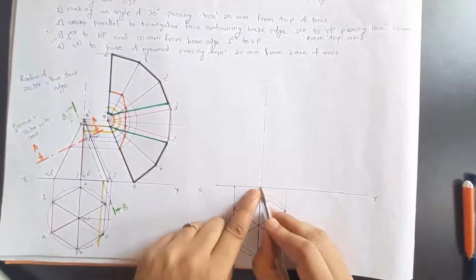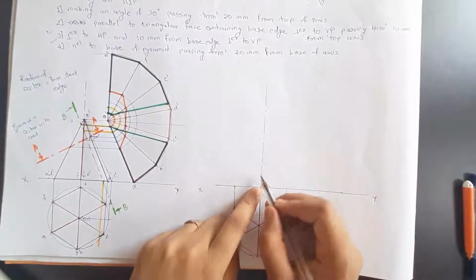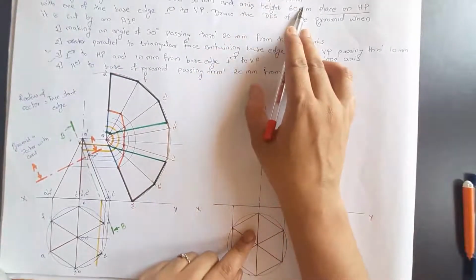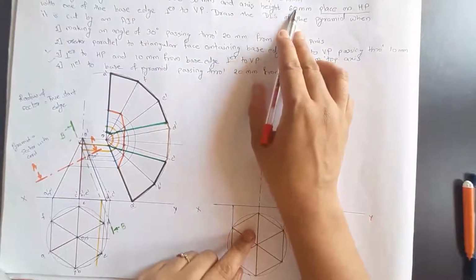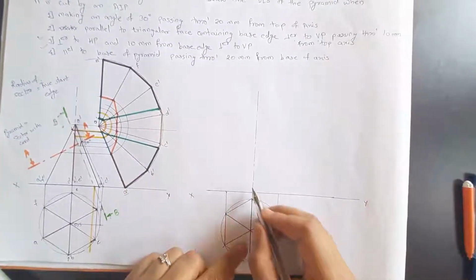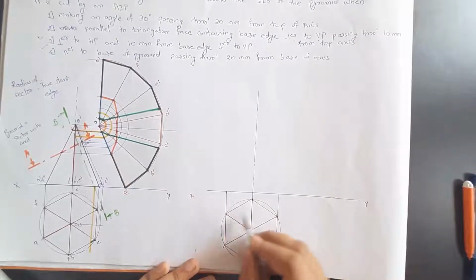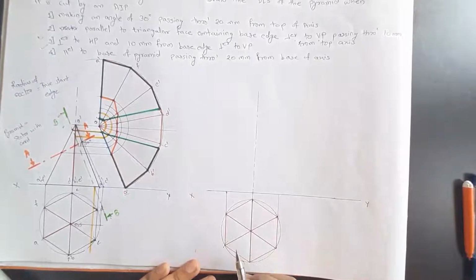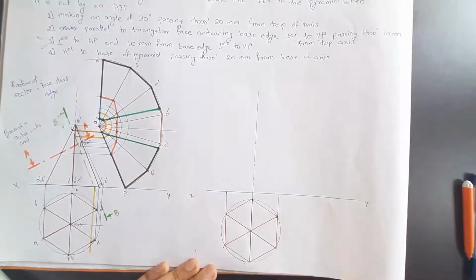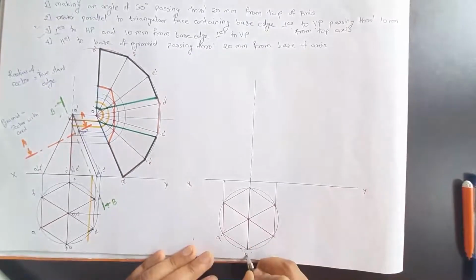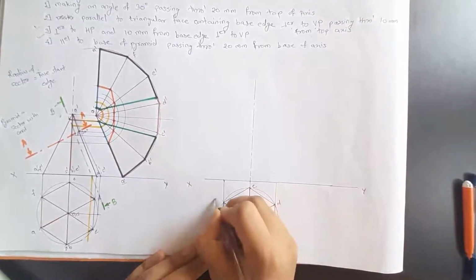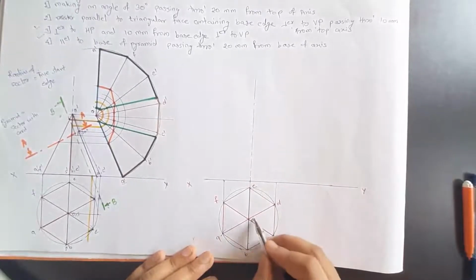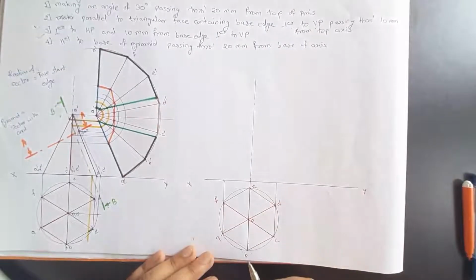Now instead of marking the axis, instead of getting the apex by marking it from here, now here in the question it is given that slant height is 70 mm. Now when the slant height is given, for getting the apex we have to check whether one of the slant heights in the top view is horizontal or not. These are the slant heights. Let me give the naming. This is A, B, C, D, E, F, and this is O. So AO, OB, OC, OD, OE, OF, these are the slant heights in a top view.